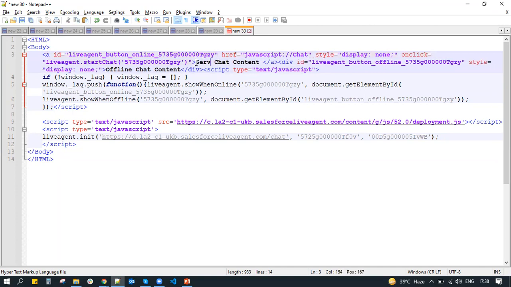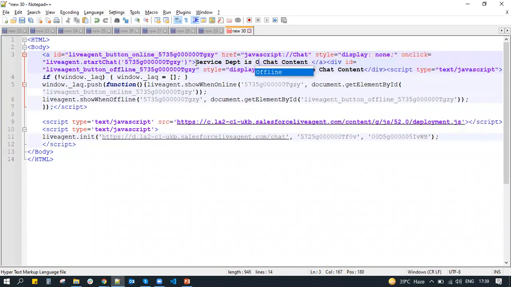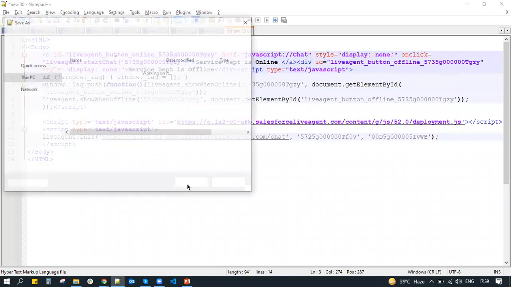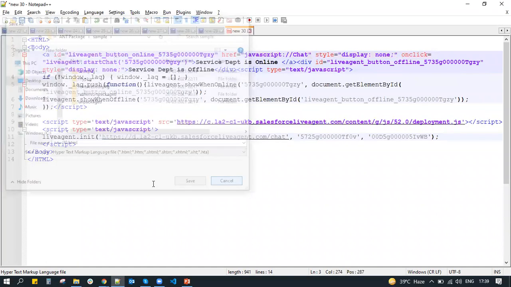Service department is online. Service department is offline. So I have replaced the offline chat content with "Service department is offline", and the online chat content with "Service department is online".